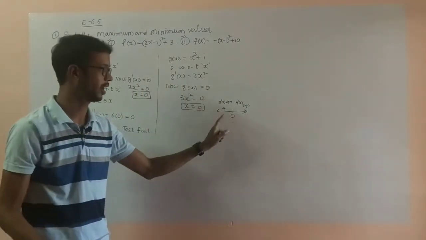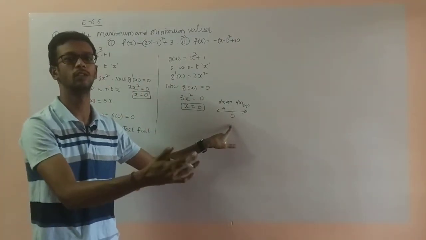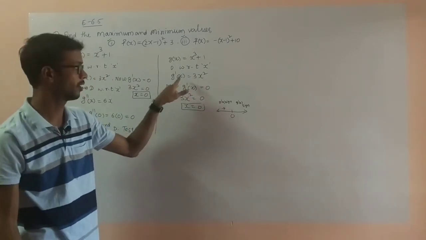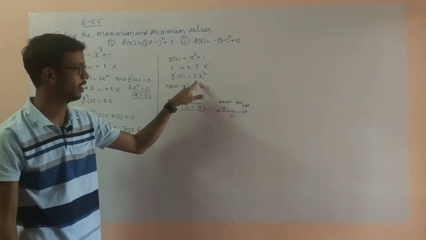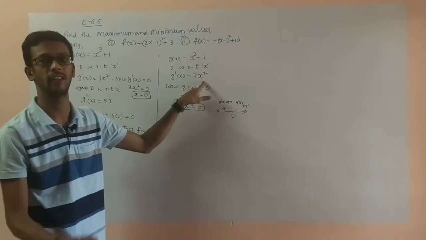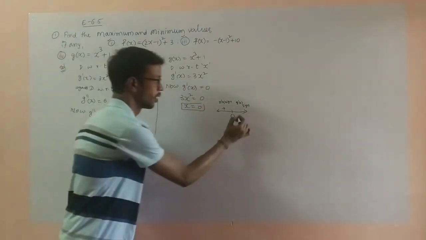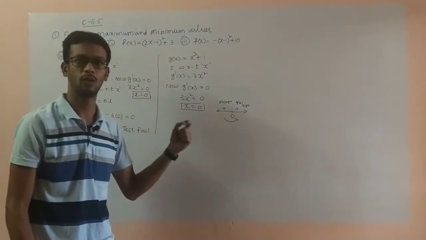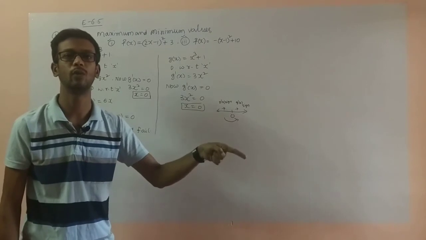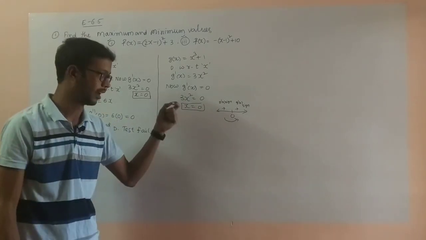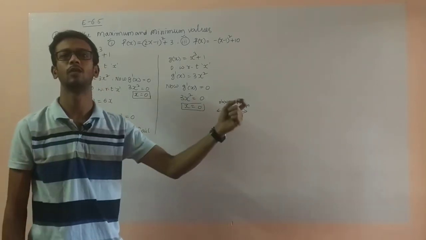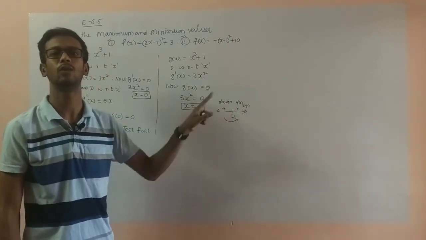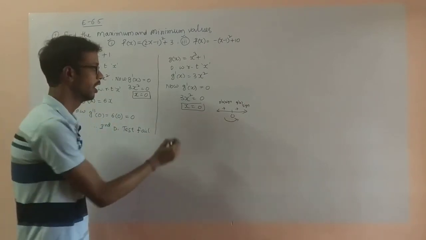Next, the right side. Any value you can take beside 0; 0.5 you can take, otherwise 1 you can take. I am taking 1. If you substitute 1, g dash of 1 is 3 into 1 square, which is 3. So positive to positive. I already explained: going left to right, positive to negative means local maximum, and negative to positive means local minimum. Positive to positive or negative to negative, the sign is not changing. Therefore,